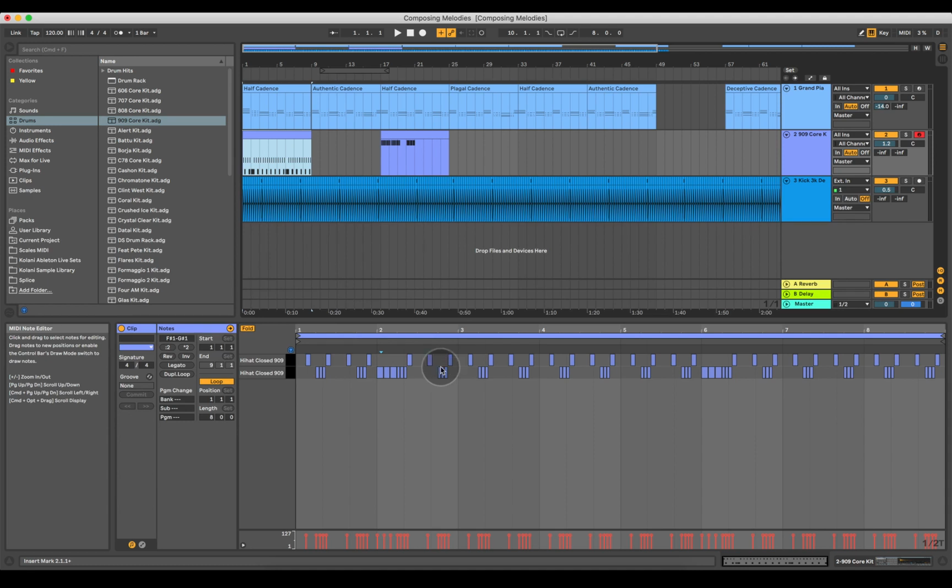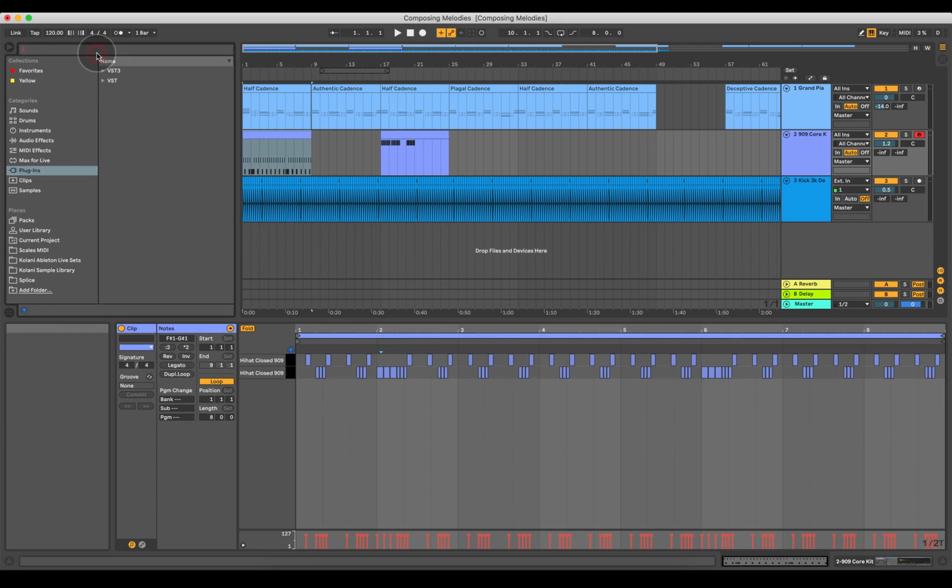And before I let you go, I want to show you the main reason why I think this is useful, other than being able to create a bit of syncopation in your drums. A lot of echo plugins and delay plugins allow you to set triplet or dotted note values as their echo value. So if we look at my favorite delay plugin called Echo Boy,